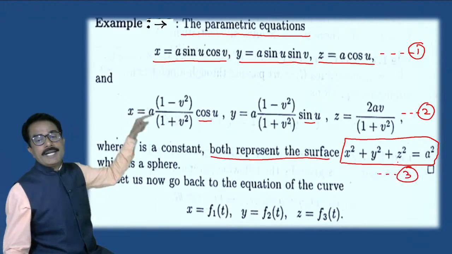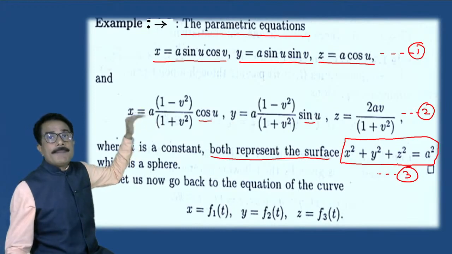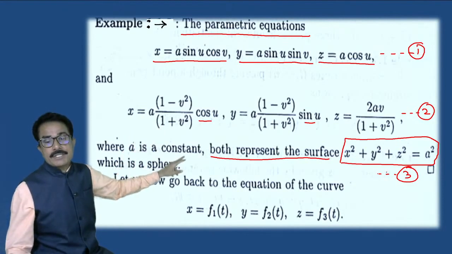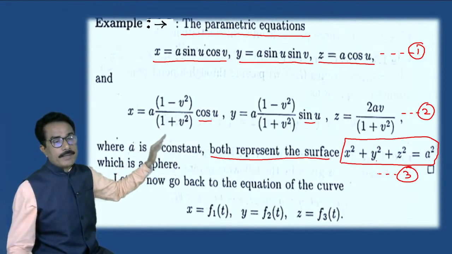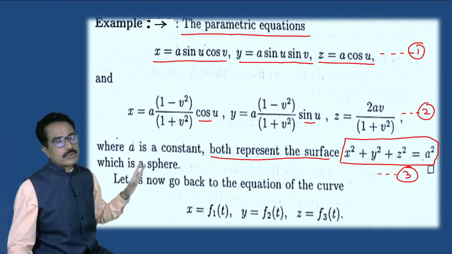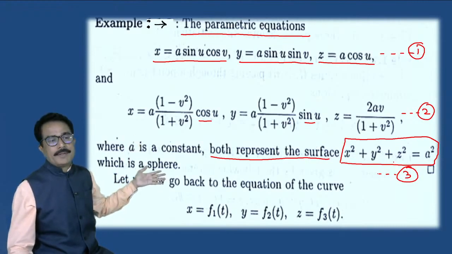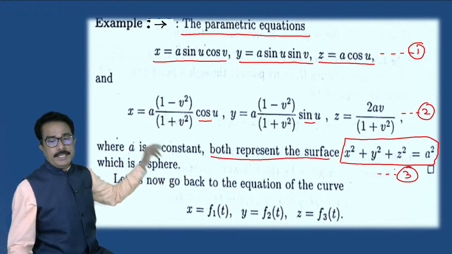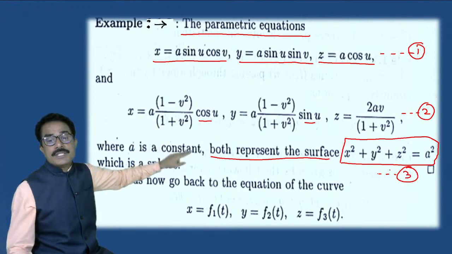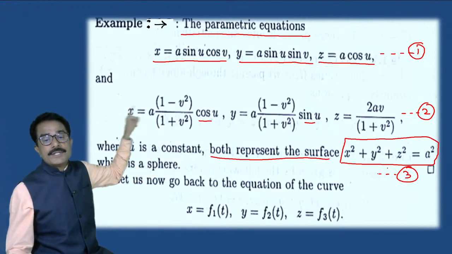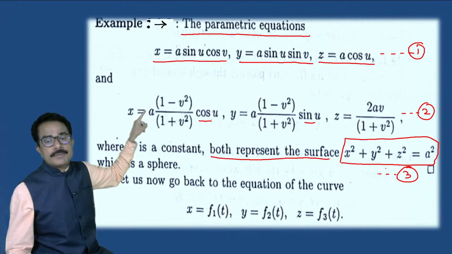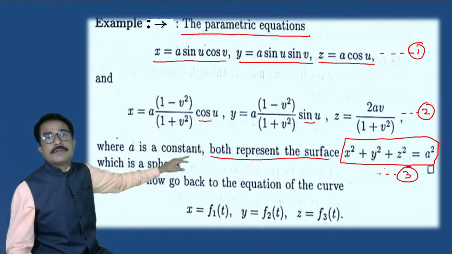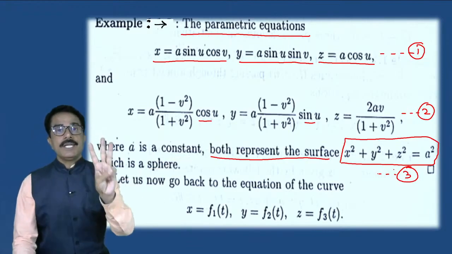म्हणजे equation 1 and equation 2 are two different parametric equations of the surface x² + y² + z² = a². तुम्ही सॉल्व करू शकता. Means the first equation also satisfies equation 3, the second equation also satisfies equation 3. So the first equation is called a parametric equation of surface 3. The second equation is also a parametric equation of surface 3. So equation 3 has two